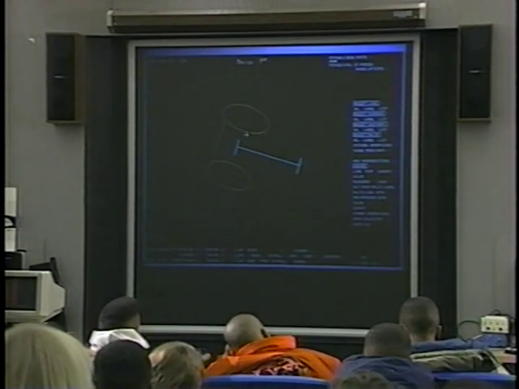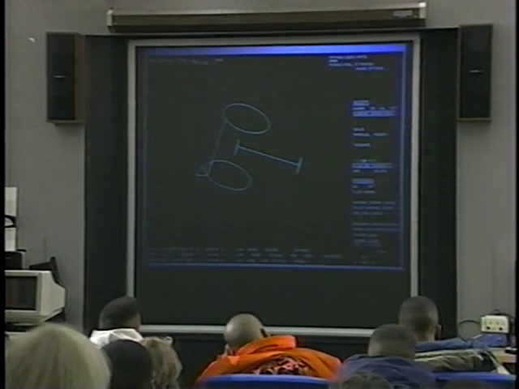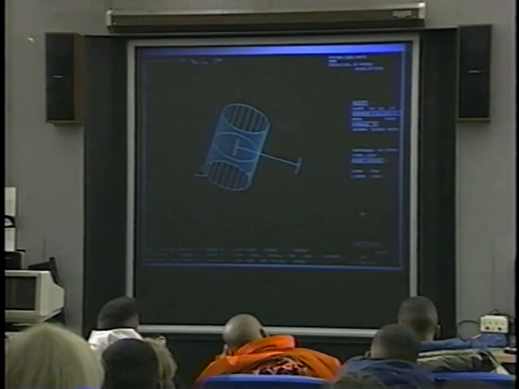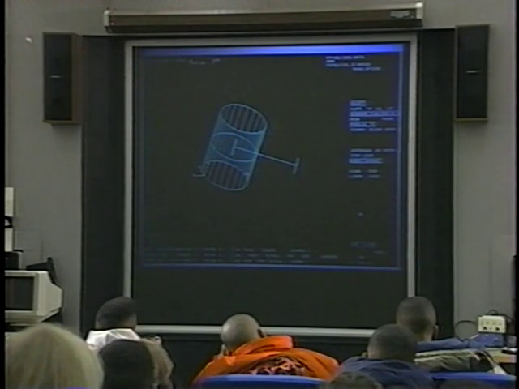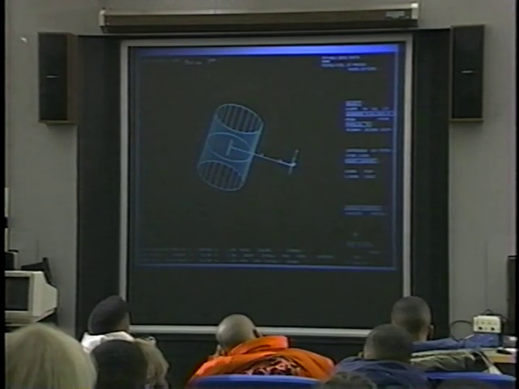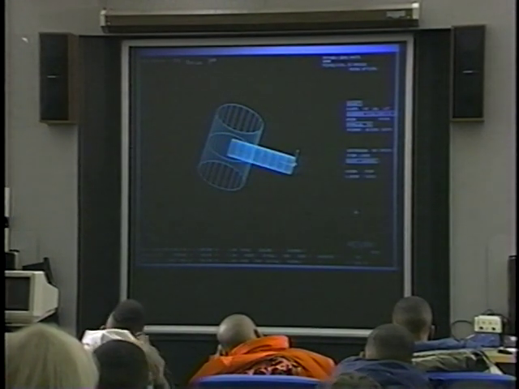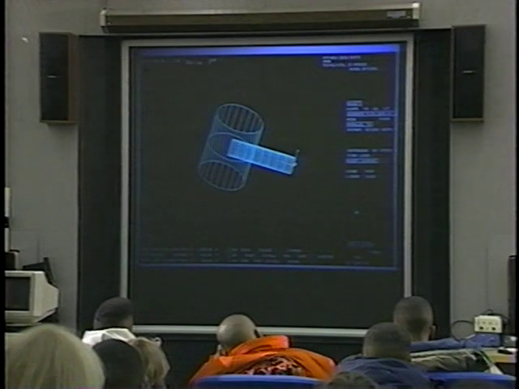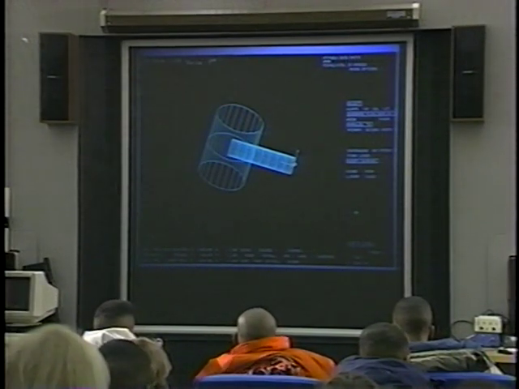However, we can select this data and throw what we call a mesh around it so you get an idea of what the cylindrical shape of the surface data is. Now, we've actually moved on beyond this. We can actually color shade these surfaces. I'll do that in a moment. But just to give you an idea of the area that we're working within,